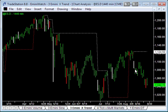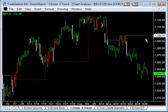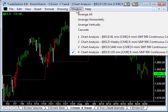We've had our first exhaustion down selling bar on a daily time frame. We need to see another one of those, and for this trend indicator to be brought down to that level to start confirming a possible break above that for a change in trend, or the continuation of the downtrend. Then when we keep on going down the time frames, looking at a 135-minute chart, similar thing. The trailing stop is still quite a ways away, so there's unlikely to be a change in trend using Better